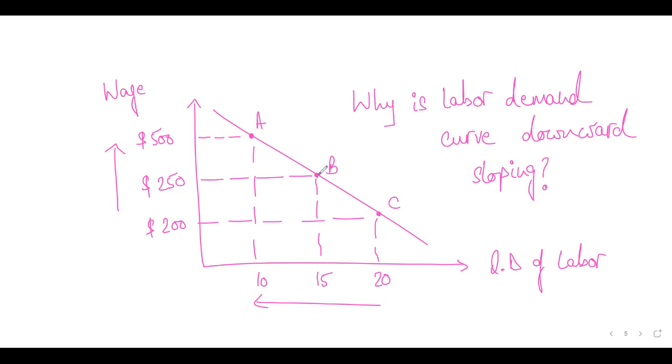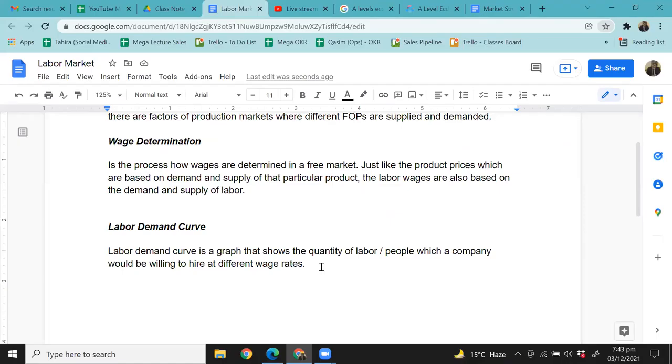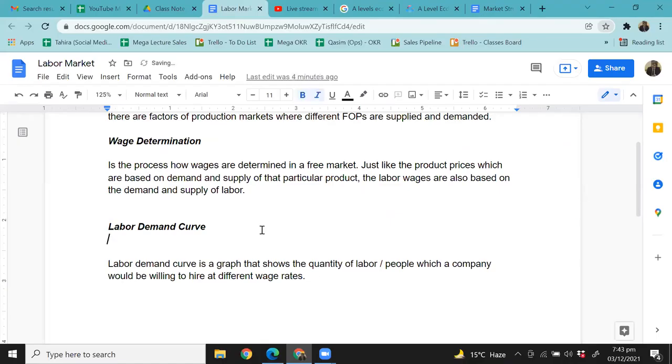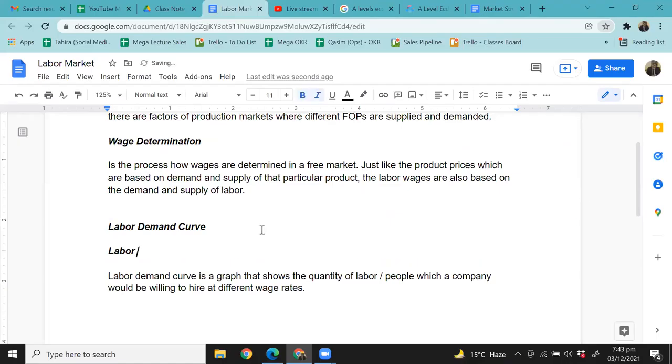So you also have to think about the other thing. What is labor demand? Labor demand is derived, as we say, and I'll explain this. Before this, you should have known that labor demand is derived demand. This is the word that we use for it, which means that